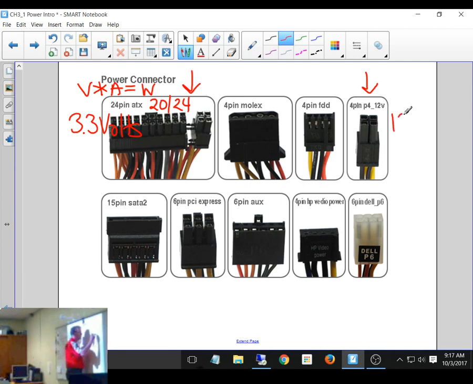This one is 12 volts. Okay? So that CPU requires more power. It's a 12 volt power plug. Again, that's not a definition of power, that's a definition of potential. Okay? The pipe is small going into the motherboard. That doesn't mean there's not a lot of water flowing through. Okay? So 3.3 volts is P1, and in actuality, all of these are 12, other than that one, and